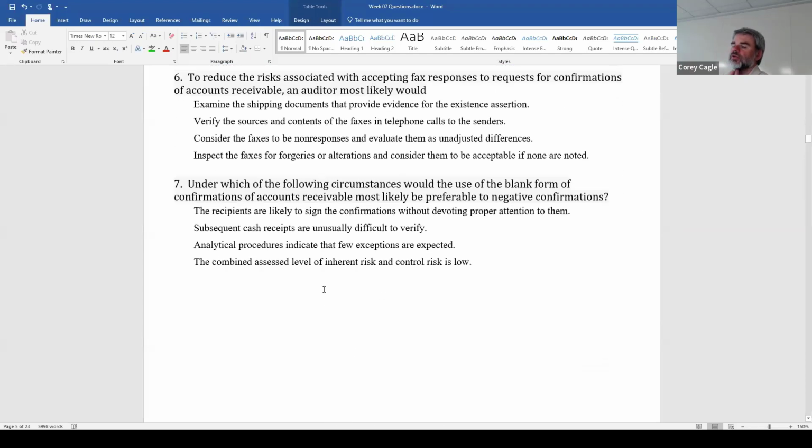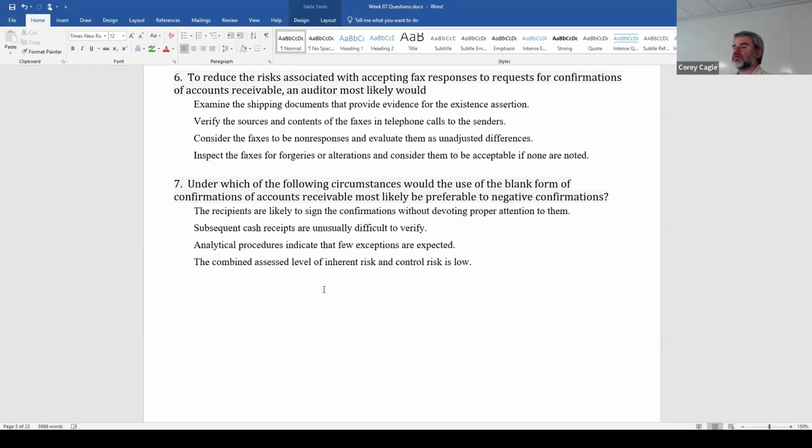Question 7: under which of the following circumstances would the use of the blank form of confirmation be preferable? So this would be a positive confirmation where they have to fill in the amount, as opposed to a positive confirmation where we fill it in and say, sign off if you agree and send it back, right? So a blank form, under which circumstances would the blank form be most likely to be preferable? They say over negative confirmations. So anyway,